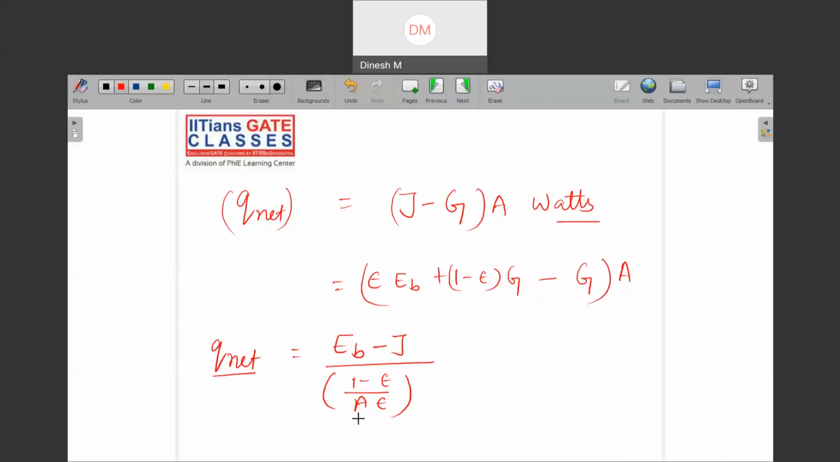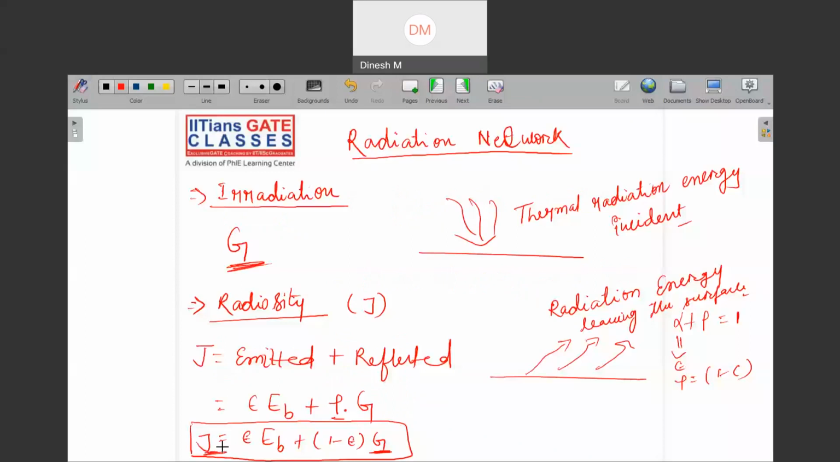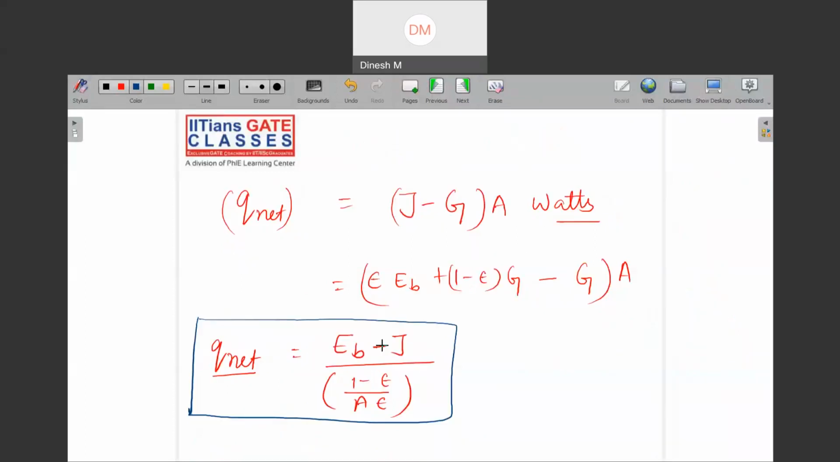So see, now my Q net is telling me what? That the black body emissive power minus J, what you were trying to leave, is nothing but the net heat exchange divided by whom? Your net surface resistance. So now can you see that this resistance has come into the picture, and if this was my black body emissive power, and this was the total energy which was leaving me,